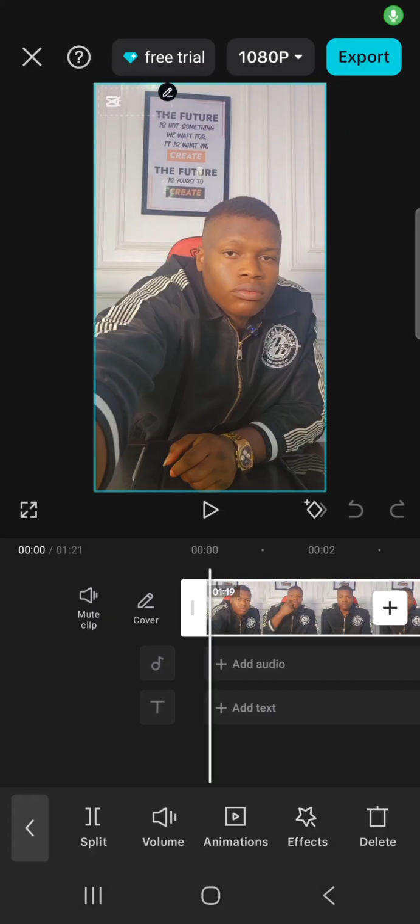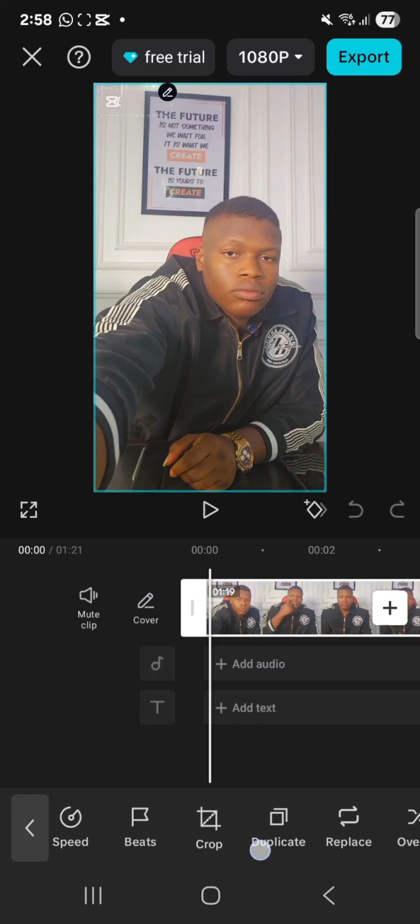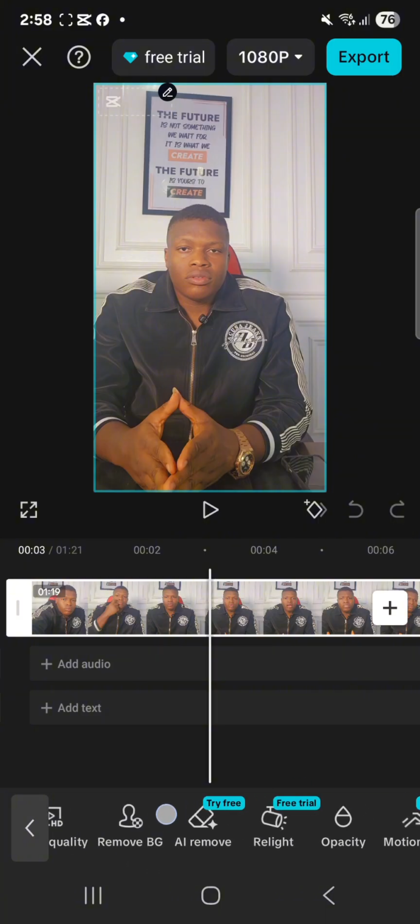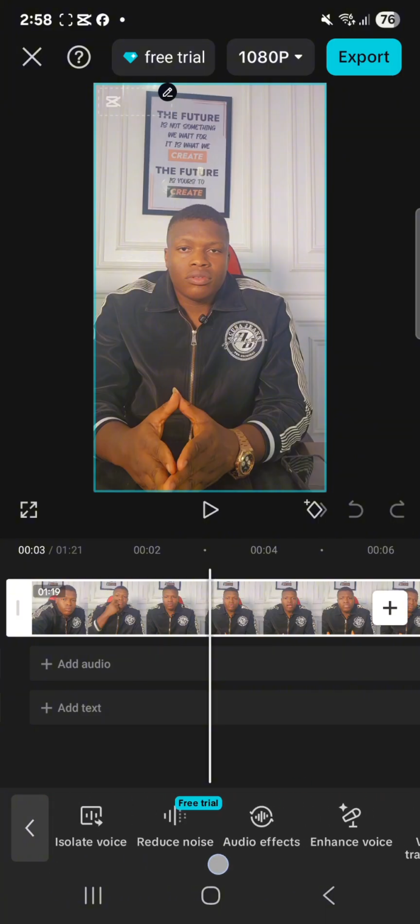The editing workflow is as simple as this, so just follow through everything I'm doing in this video. So the first thing you want to do is to make sure that your videos are aligned together, like your videos are adjusted to the right way. So you come over here to crop,